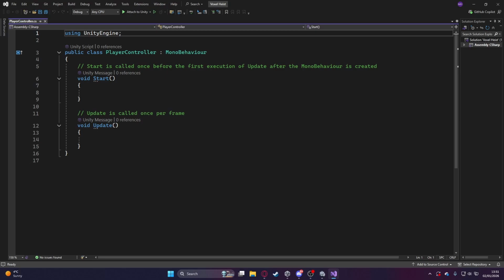At the top, you'll see using UnityEngine. This gives us access to Unity's built-in tools. If we didn't have it, we wouldn't be able to interface with Unity. This line here, public class PlayerController,